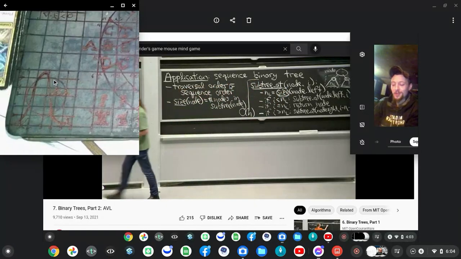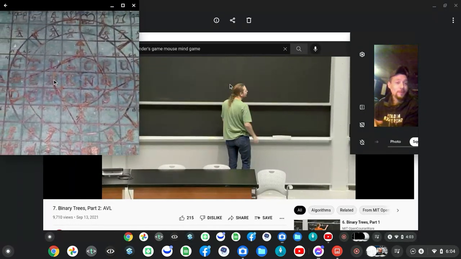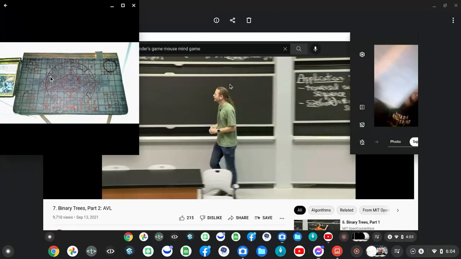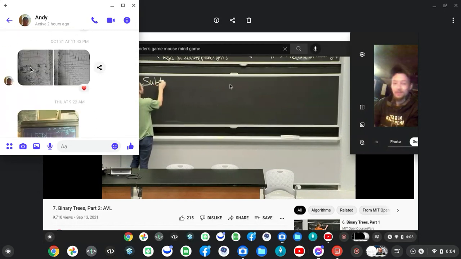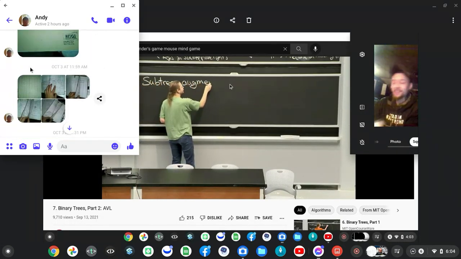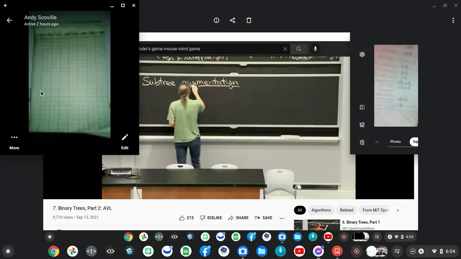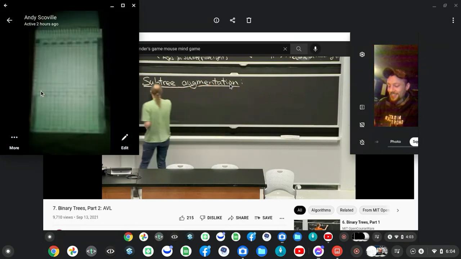We are almost done. This will actually work. We need something called subtree augmentation. We'll talk about it generally, and it doesn't much apply to the size. So the idea with subtree augmentation is that,